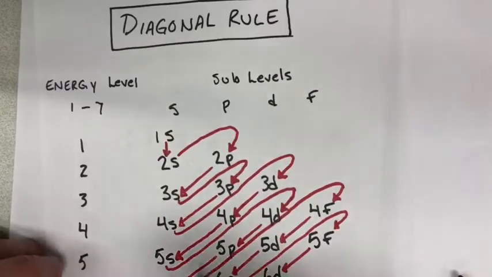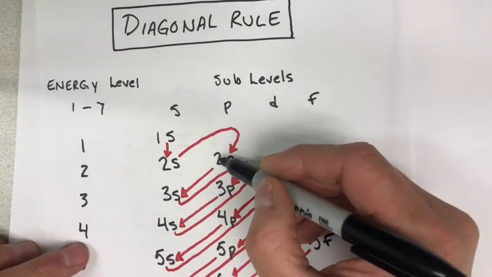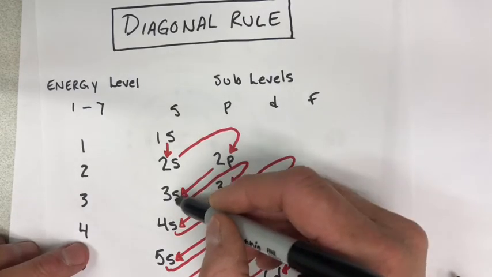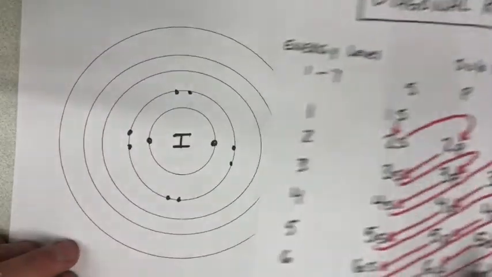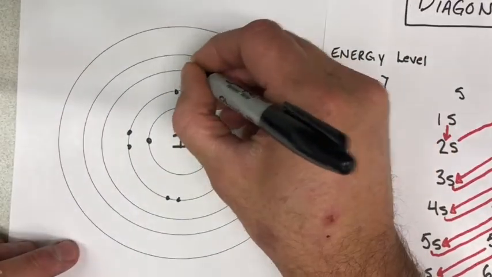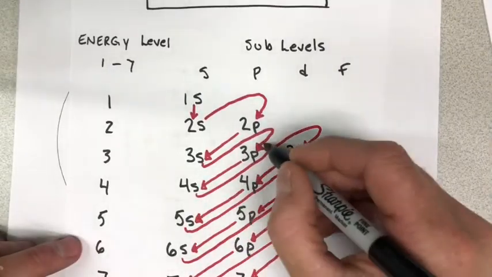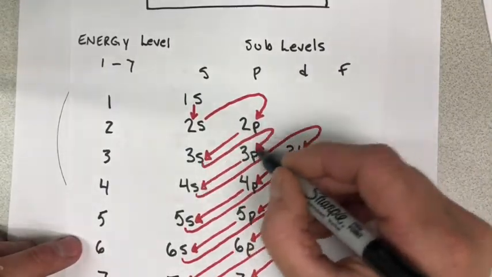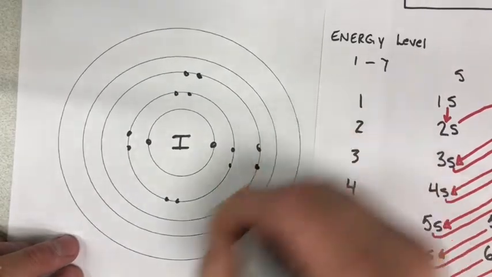Okay, and so what we've done here is we've started at 1s, we filled the 2s and the 2p orbitals. Now it's time to move into the third energy level and fill 2 electrons into the third. So we can put 2 electrons into the third energy level. But then we're going to fill from 3s to 3p, which is another 6 electrons for a total of 8